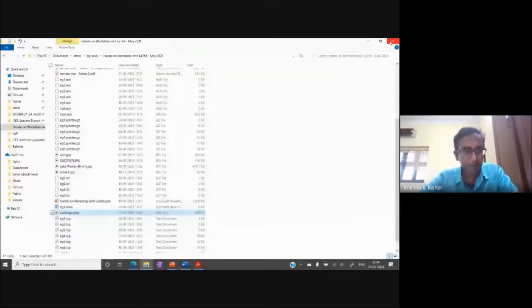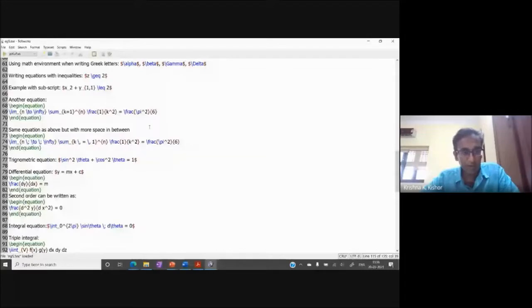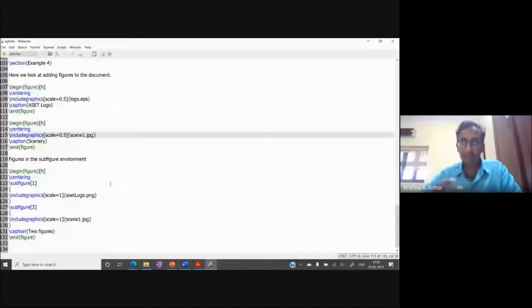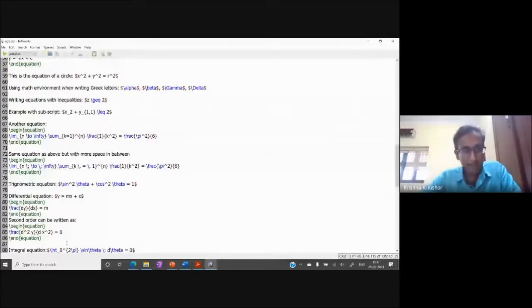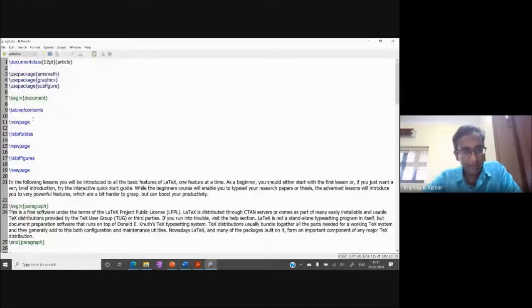Right, so the top part of the document is exactly the same, no changes. Document class, the packages, the begin document, everything over here is the same. Now, I want to place a table of contents at the top. So immediately after the begin document, I use this command, table of contents. Then I want to go list of tables. I want it on a new page, so I'm just going to go \newpage. Otherwise, depending on the space, it might come out on the same page. Then list of tables, and then list of figures, all on new pages. And that's all I need to do. I don't have to do anything else. Let's just see what the output looks like.